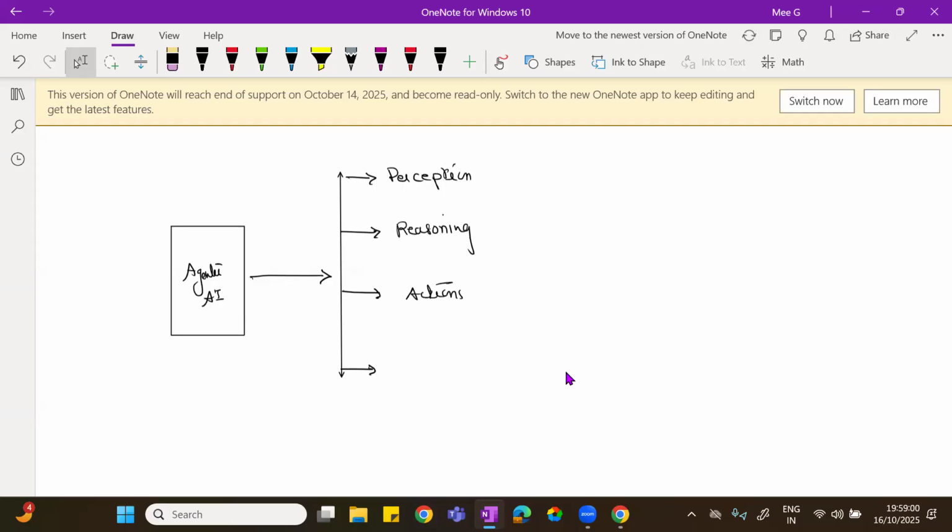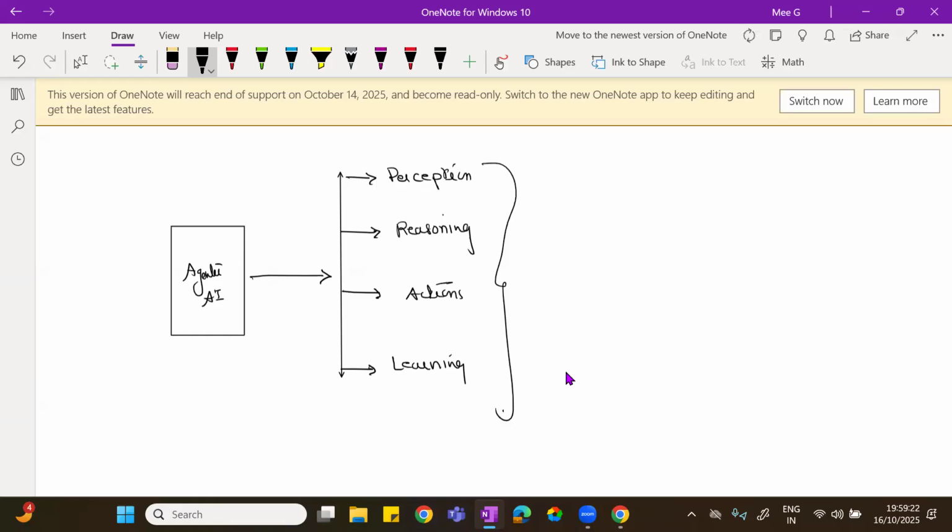Fourth one is learning. These are the ones. Now, this is what it will be done. Each and every task that is being allocated, there will be perception and reasoning, action, and learning from it.